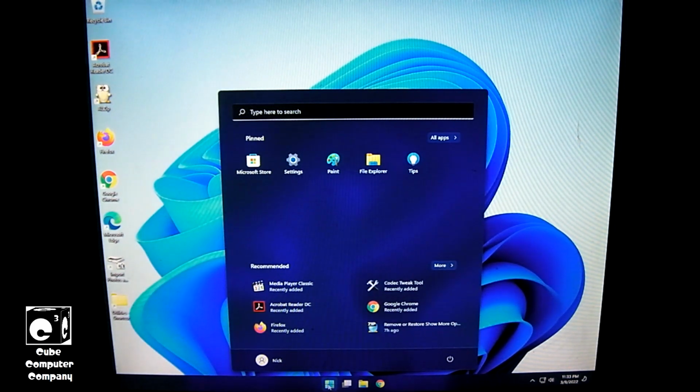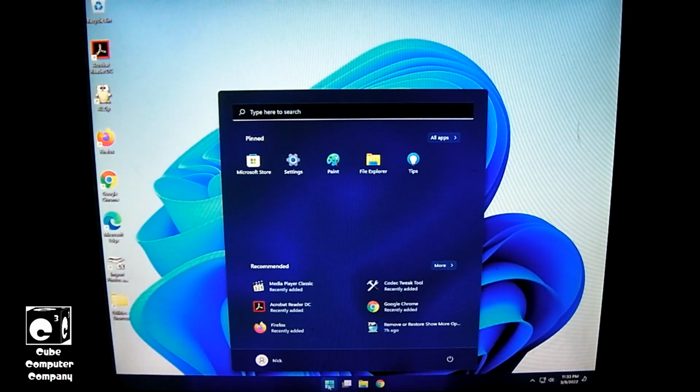I'm not signed in with a Microsoft account. This is actually a Windows 11 Pro. I installed this without internet. I disconnected my internet when I went through the out-of-box experience, or in other words, the out-of-box setup, and therefore was able to bypass the Microsoft account requirement. And I should note that when you're on Windows 11 Home, you actually have to sign in with the Microsoft account to set up your own computer, and that's one thing that people have not been happy about. Luckily though, at least for the time being, there is a workaround which I'll be focusing on in a later video. So again, this is Windows 11 Pro,